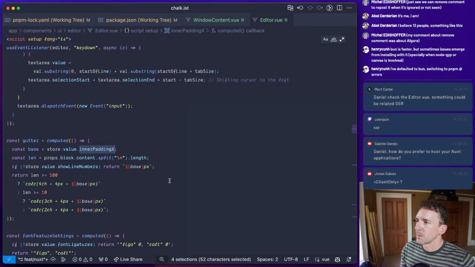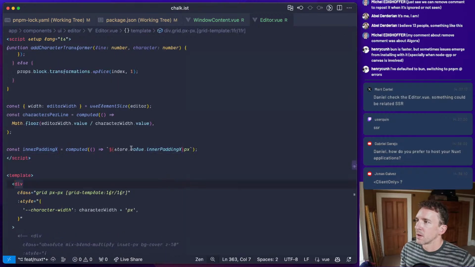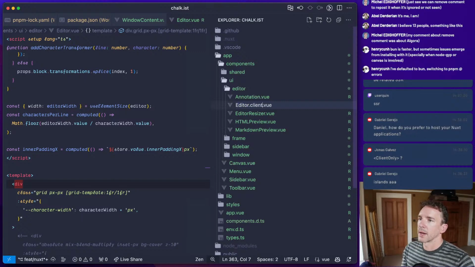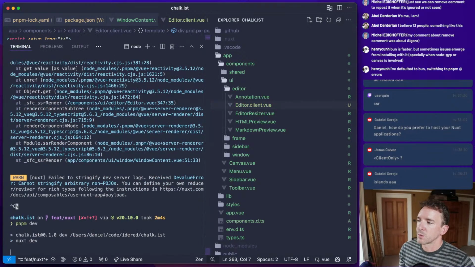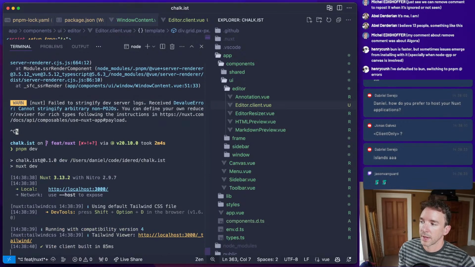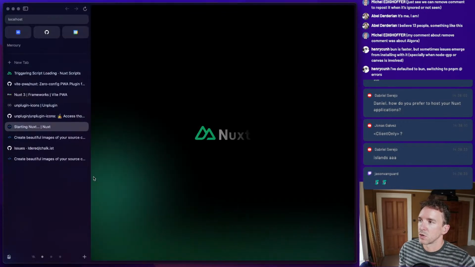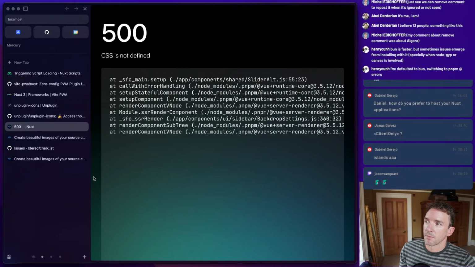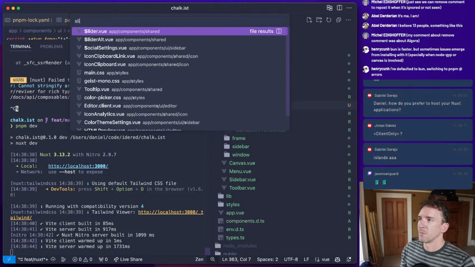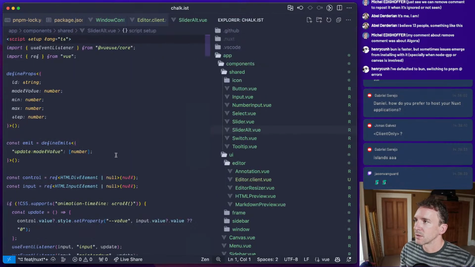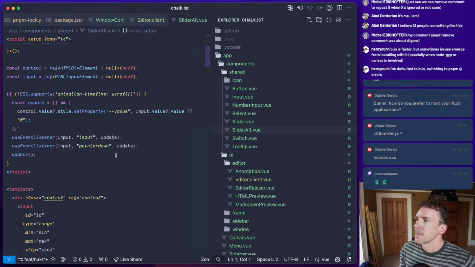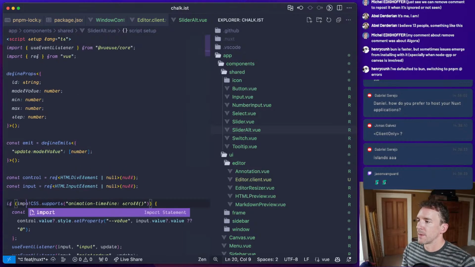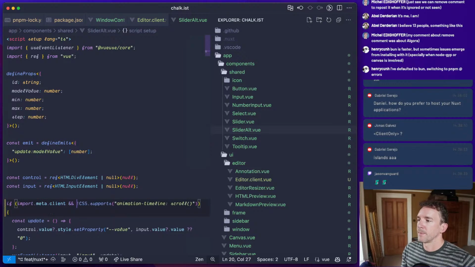The good news is we can easily make this client only by adding .client here, which would basically, hopefully, if that's the issue, if it's just the issue with the editor. More stuff. Okay, slider alt, CSS. We'll say if import matter client and,